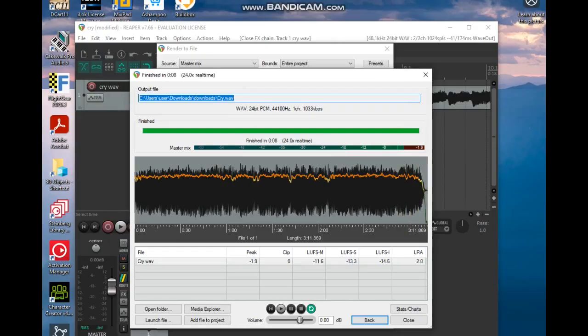And it's going to give you the peak, what it was at. It's going to give you the LUFS medium, LUFS small, LUFS, and what it's at. And you can play it back here.